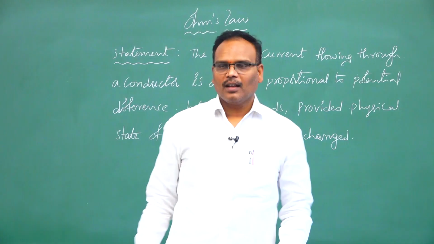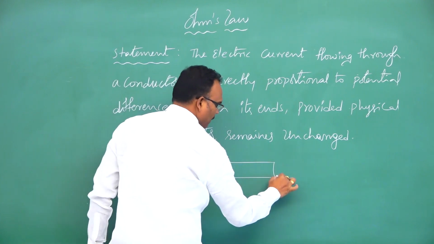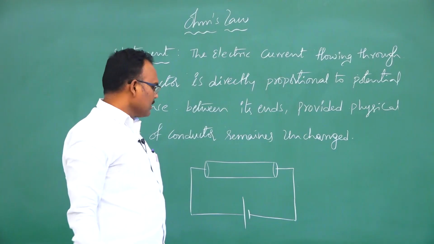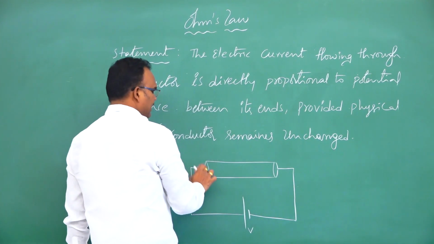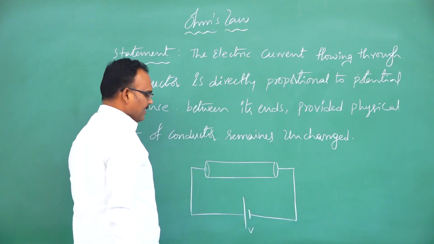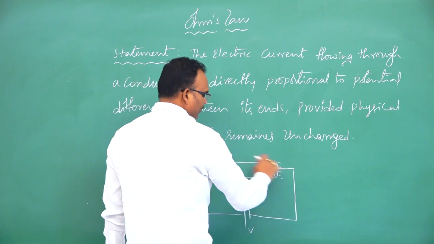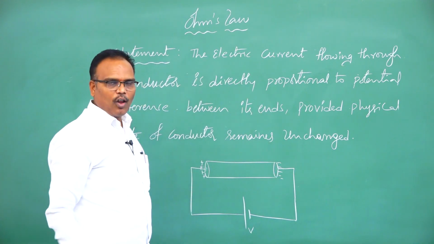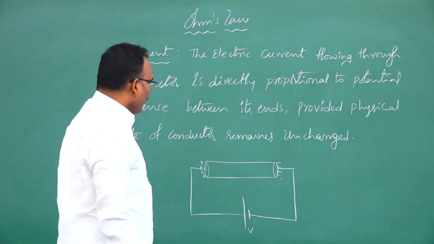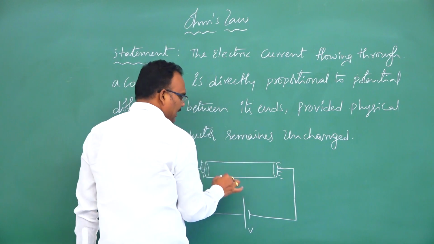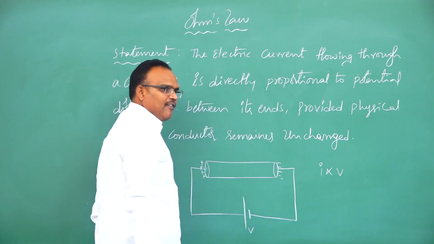Ohm's law. See, when a conductor is connected to a cell, it provides the terminal potential difference across the ends of the conductor. It creates a potential difference so that an electric field will develop inside the conductor. That electric field drives the electrons in one direction. Okay. So, the amount of flow of current in a conductor is directly proportional to the terminal potential difference across the